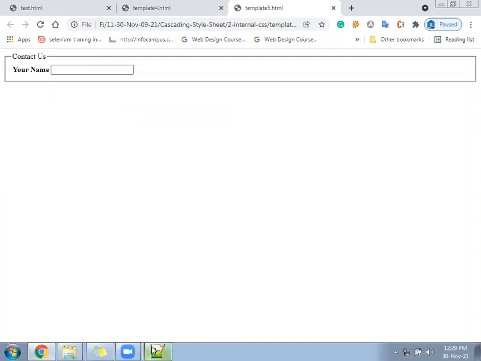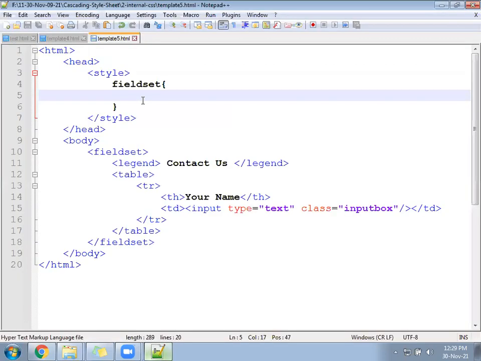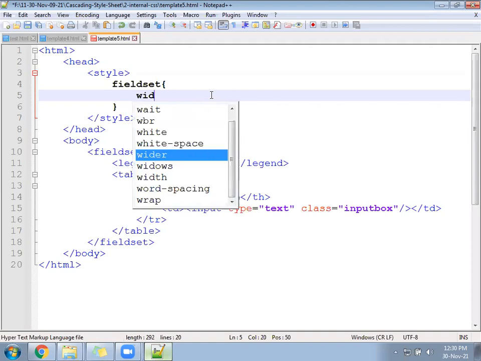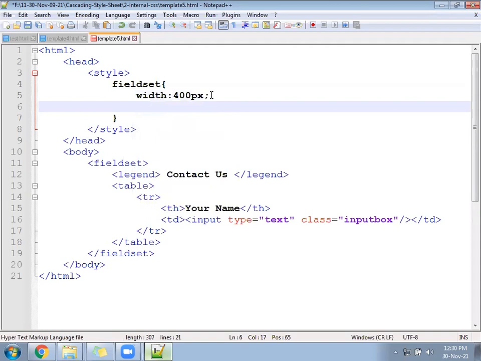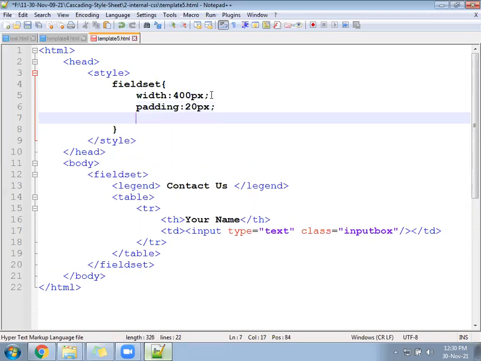Now the CSS we are going to apply for the fieldset says: you don't go full width, take up to 400. Take up to 400, or don't take the 400, take it auto. Apply the width here. But again, if you say, okay, hold on, apply the width somewhere 400 px and apply the padding also somewhere 20 px, so it will take the 400 width plus padding. So how much space is required for this fieldset to run?